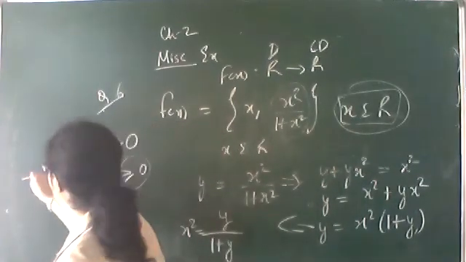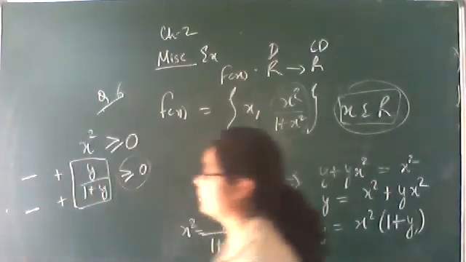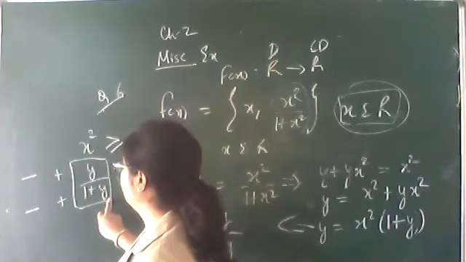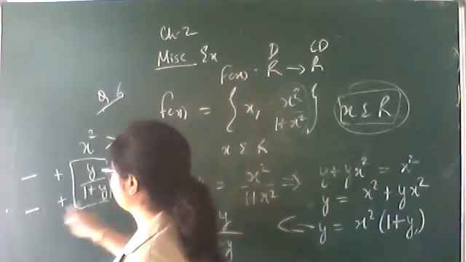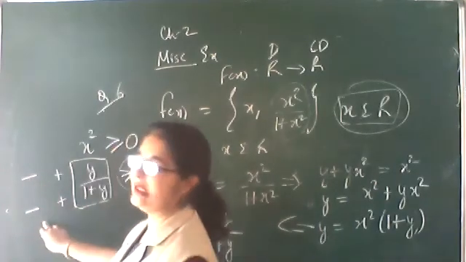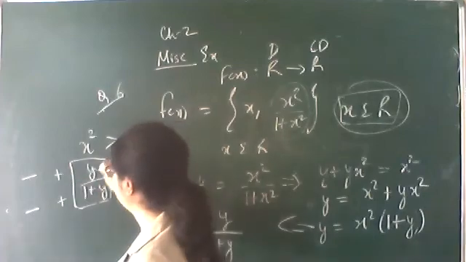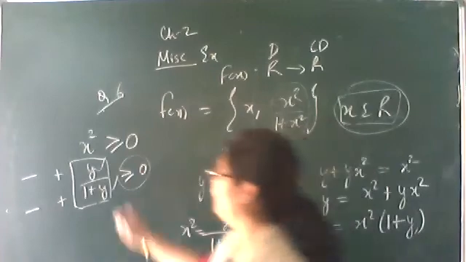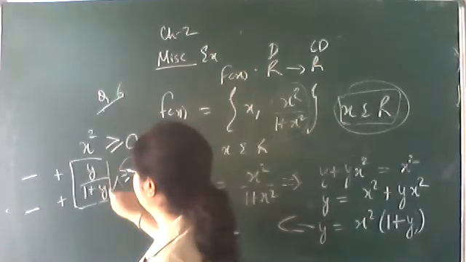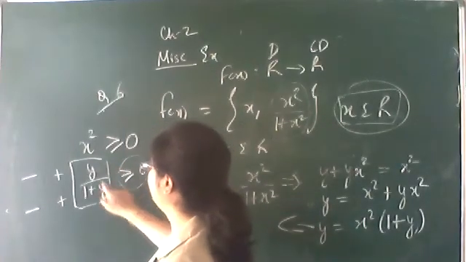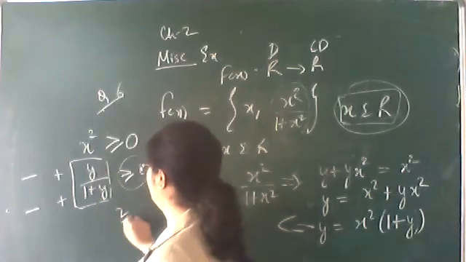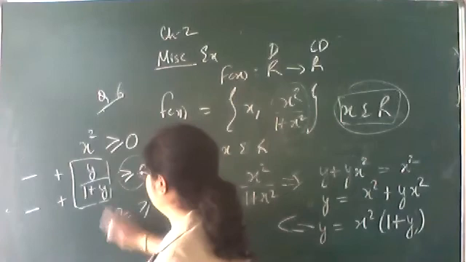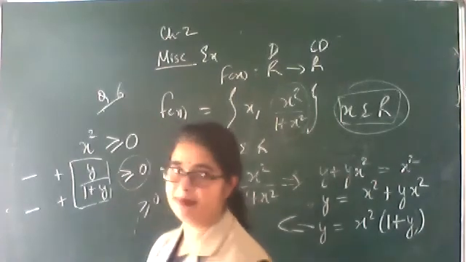Or when the numerator is negative and the denominator is also negative. Suppose y is minus 2, then 1 plus y is also negative. So if both the values are negative, that works too. This is an important concept, please note it down. When you have any rational function, when can it be greater than or equal to 0? If we are having 2 by 3, obviously it will be greater than 0. This is positive, this is positive. Clear? I am just taking a random example.